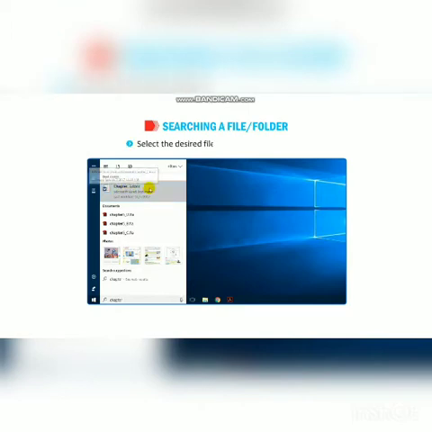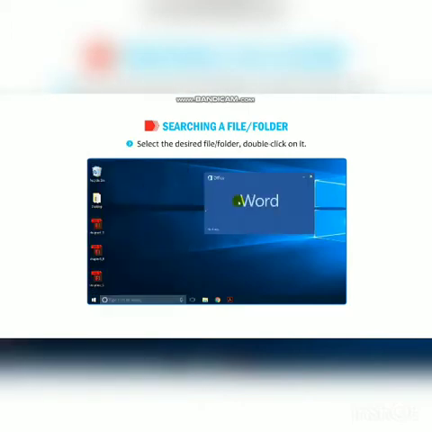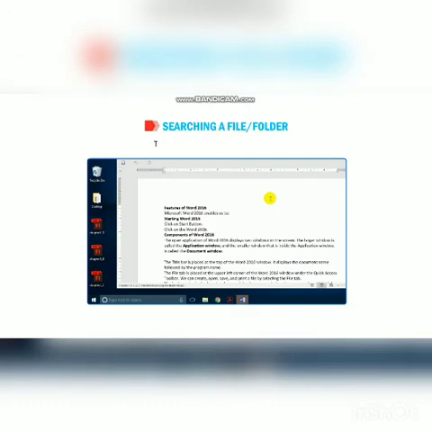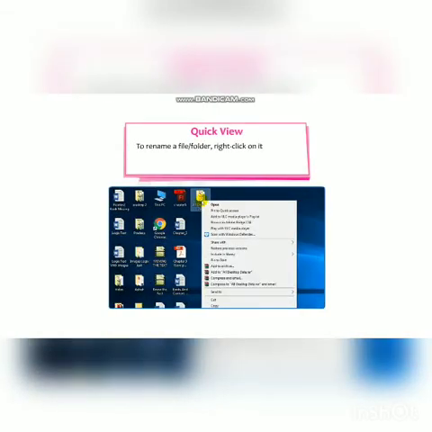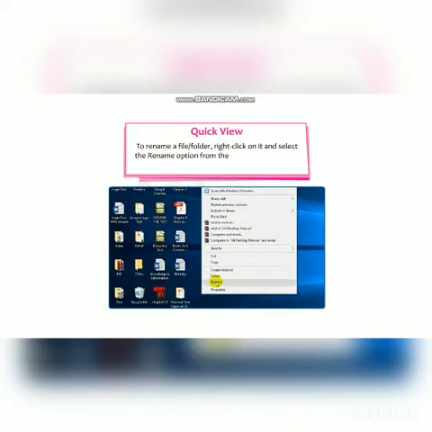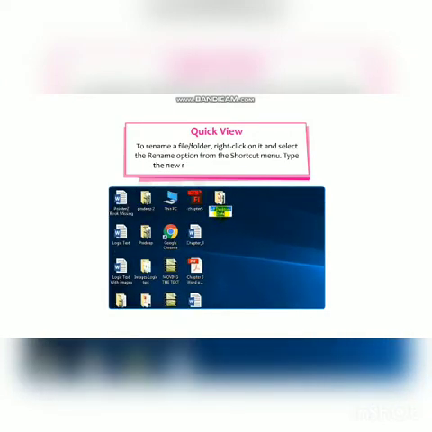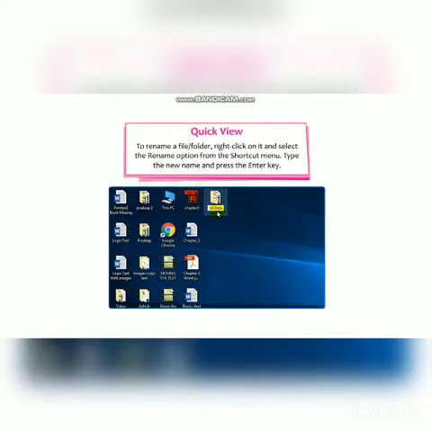Select the desired file or folder. Double-click on it. The file will open in a new window. Let us take a quick view. To rename a file or folder, right-click on it and select the Rename option from the shortcut menu. Type the new name and press the Enter key.